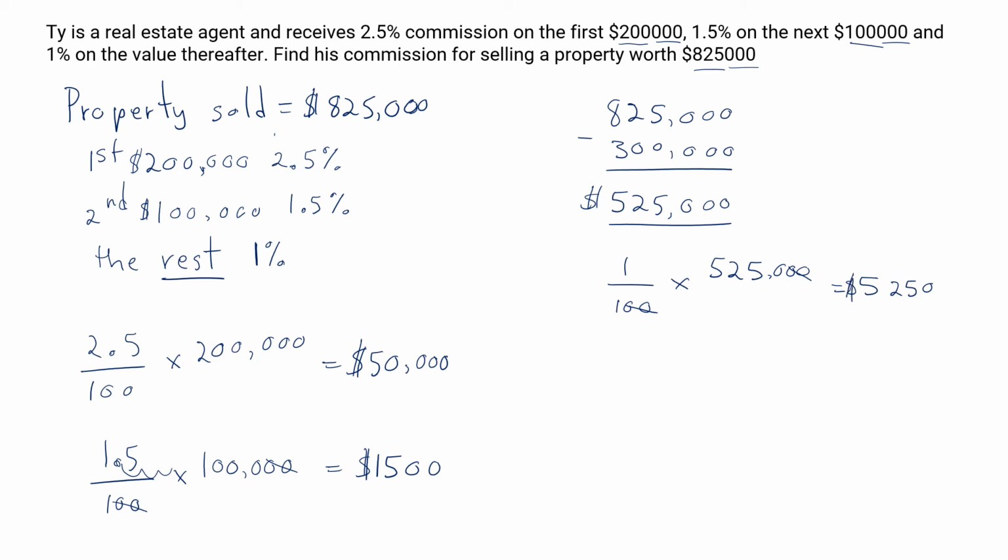And now we could answer the question. All this was just leading towards the question. So the question here is really asking: find his commission for selling a property worth this amount of money. So his commission will be, of course, all the percentages combined: the 2.5, the 1.5, and the 1. And this will be 5,000